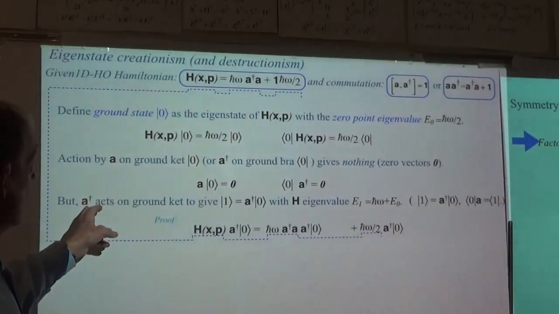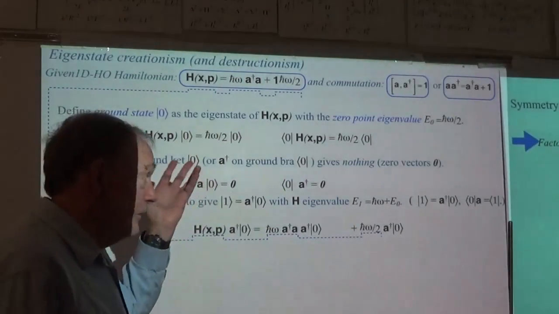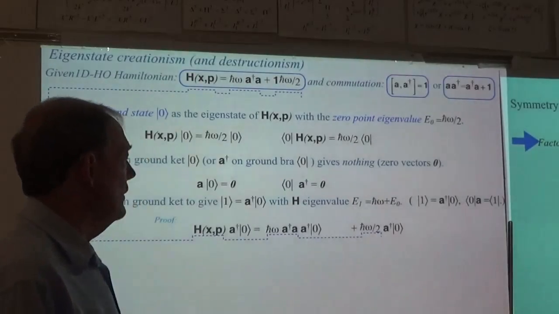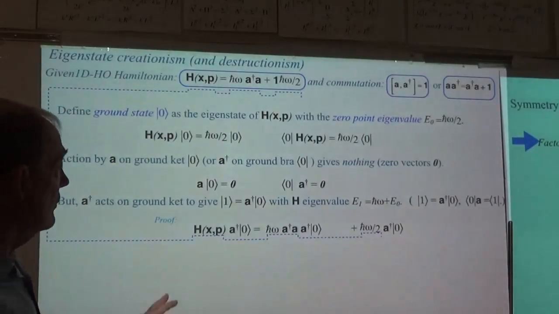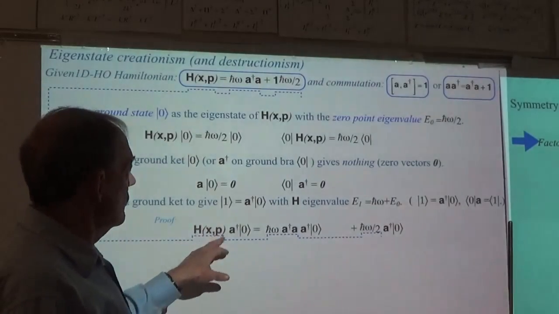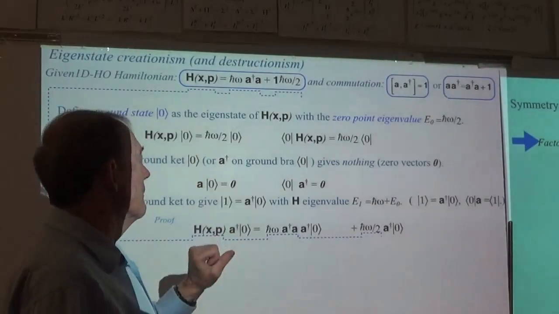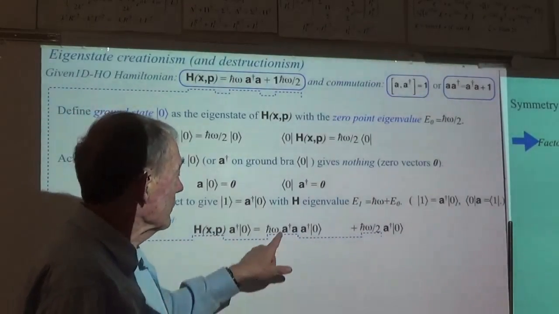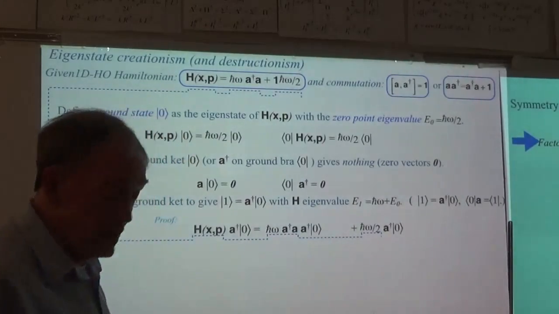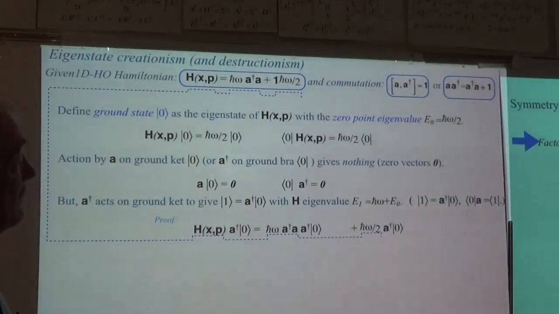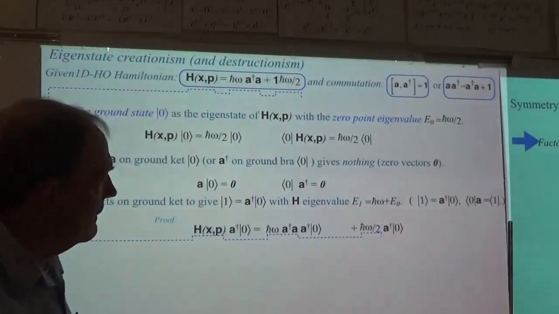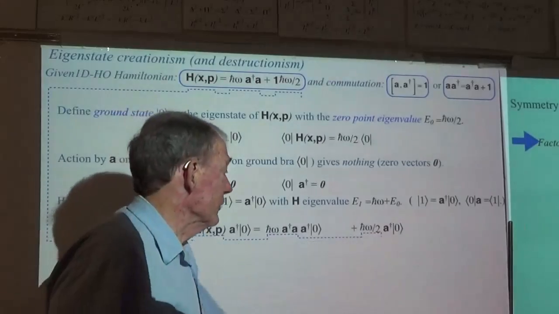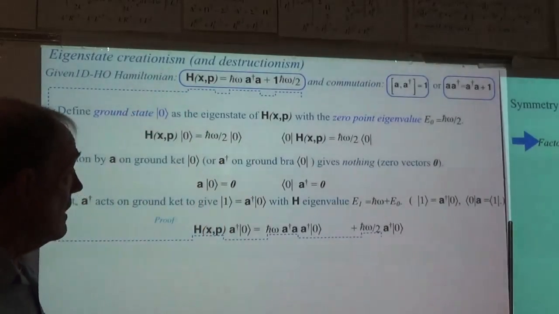Giving this thing right here, this creation operator, that doesn't necessarily give 0. We have to figure out what that is. You see, that's the idea here. So what does the Hamiltonian do when it runs into a creation operator acting on this? Well, it gives you 3 A's. There are 2 of them with daggers hanging up in the air. And then, of course, there's this h bar over 2 with that thing, and that's not necessarily 0. So we have to account for that